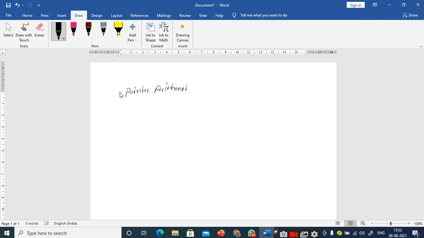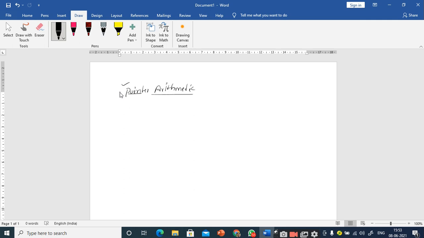So in this small session, I am going to discuss pointer arithmetic. After this, we'll discuss some of the programming parts related to pointer arithmetic and pointers. What do you mean by pointer arithmetic? We know arithmetic means the operations that we perform on integer values or floating point values. So pointer arithmetic means: what are the valid operations that can be performed on pointers? That is called pointer arithmetic.